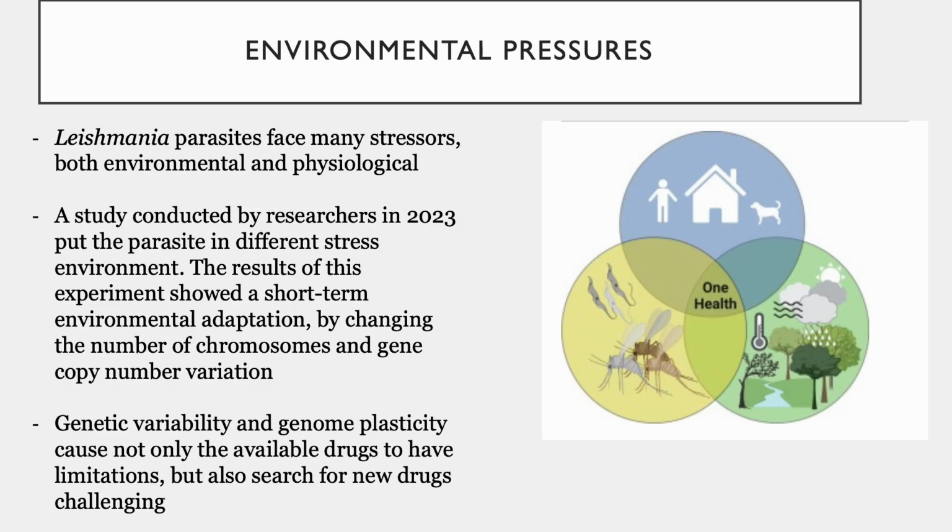to its specific environment. Adding to this complexity, Leishmania's genome is highly plastic. Across different isolates, scientists have observed single nucleotide polymorphisms, structural variations, and even whole chromosome changes. This plasticity contributes to drug resistance, making current treatments less effective and the search for new and effective